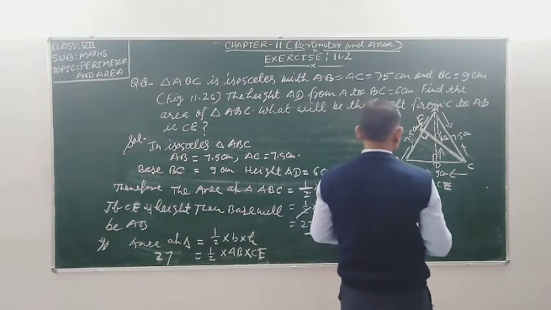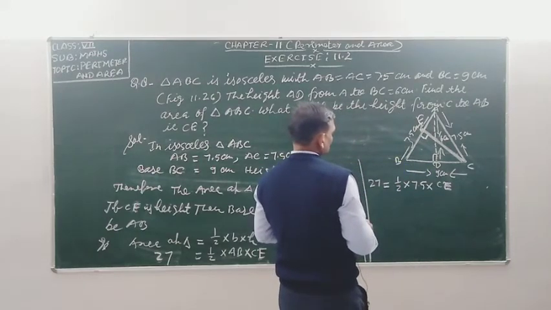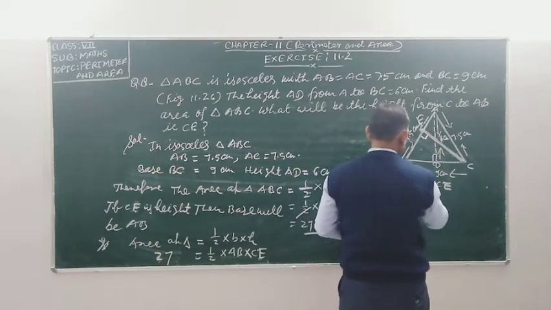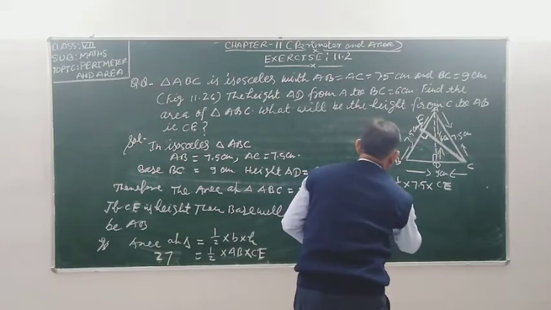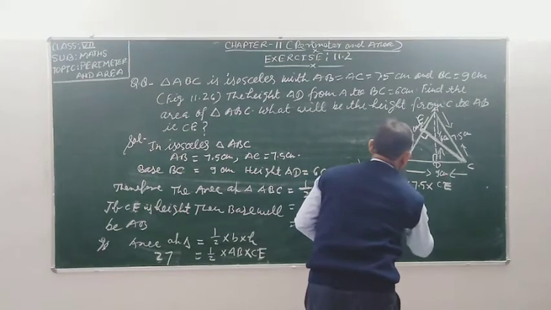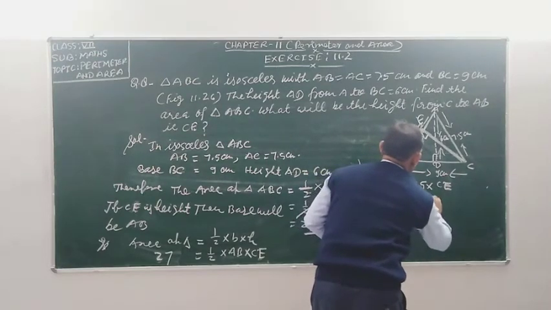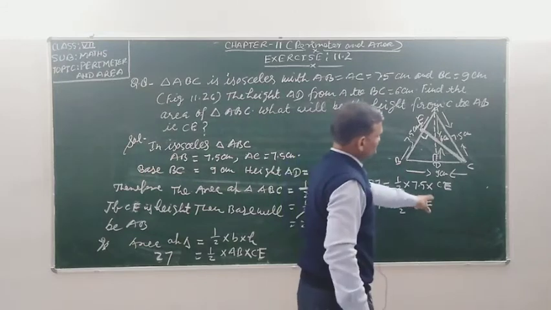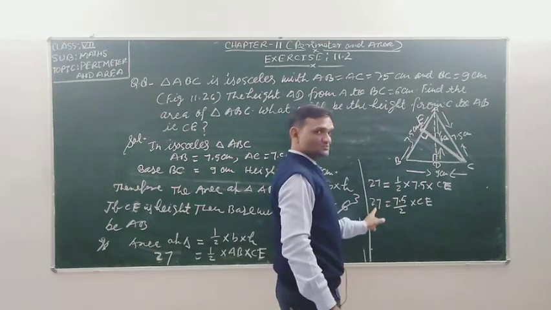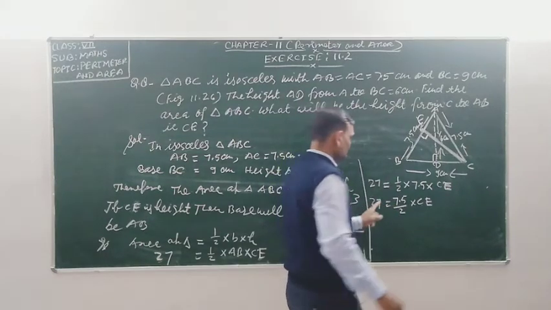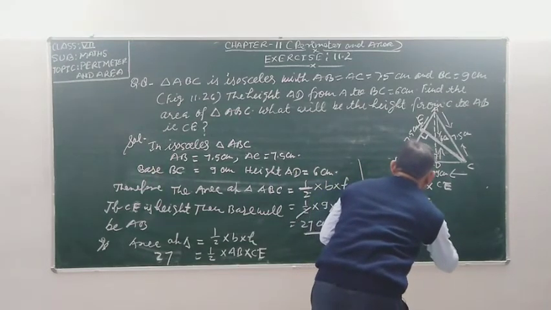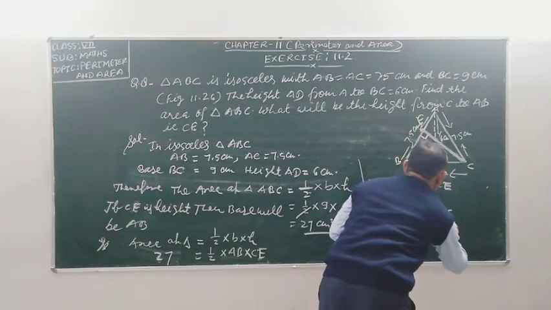So student, we get 27 is equal to, multiply it, 7.5/2 into CE. So to find the value of CE, transpose this to the left side. On the right side we are multiplying, so when we transpose to the left side we have to divide, student. So CE is equal to 27 divided by 7.5/2